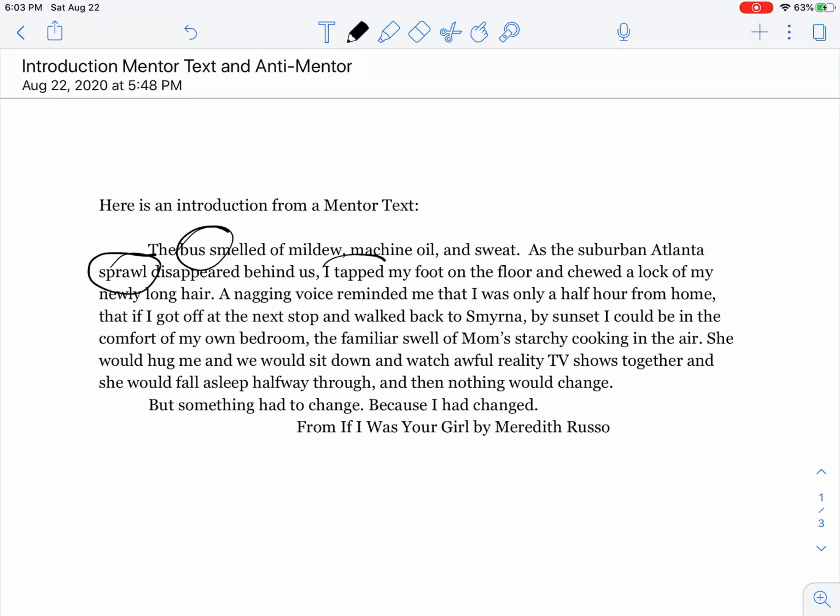She taps her feet. Why is she tapping? What connotation is attached to the word tapping? What are people feeling when they tap? What are reasons why people tap? And she's also chewing. So when people chew their hair, and I'm wondering, why is her hair newly long? What did she do to it? And what does that mean? If that's a detail she brings up here, maybe there's some significance to that. If she's tapping her feet and chewing on her hair, those are both things that show nervousness. Now, she doesn't say, "I was nervous." She shows us tapping feet and chewing her hair.